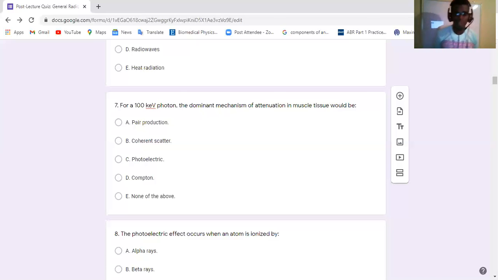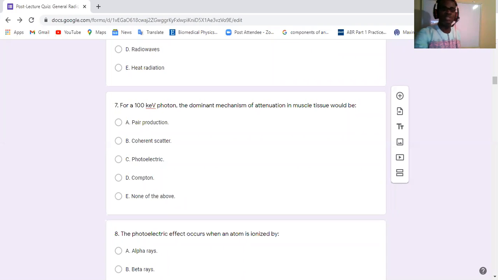Maybe initially, if the contrast was not added, we might have 80-20 for Compton. Then if you add the iodinated contrast, you might have the photoelectric effect going up to maybe 50 or 60 percent, as the case may be. It all depends on many things, including the photon energy, which would be around 30 keV or so. And we are looking at a 100 keV photon.